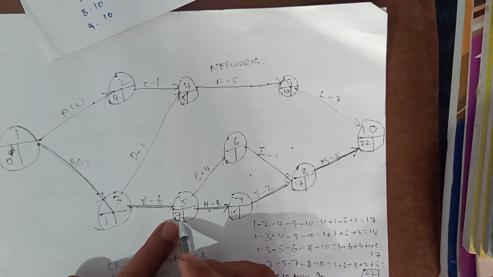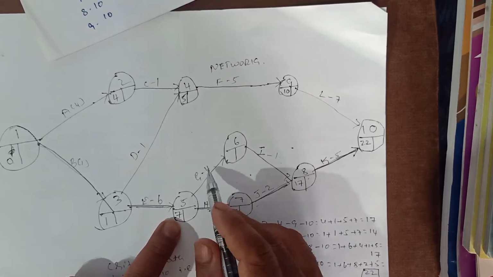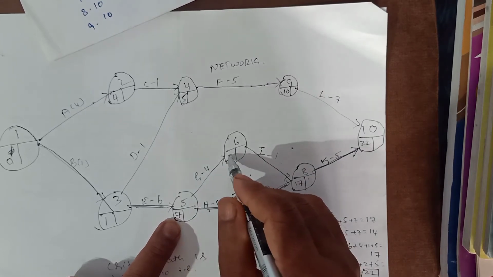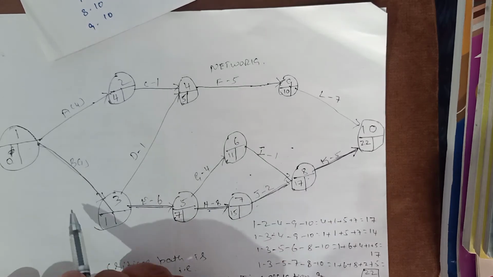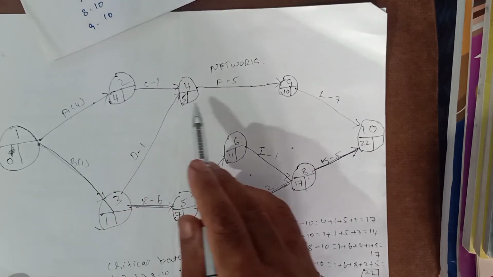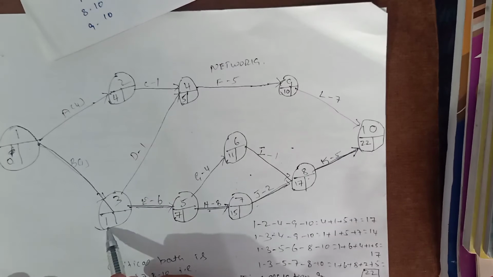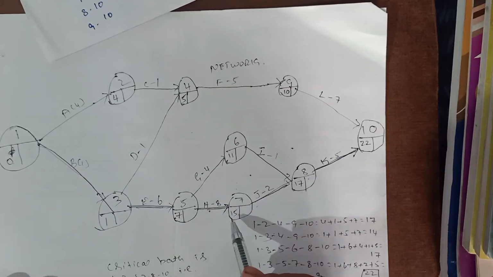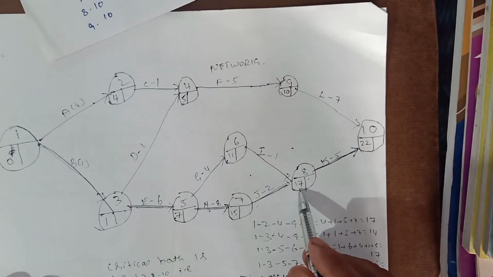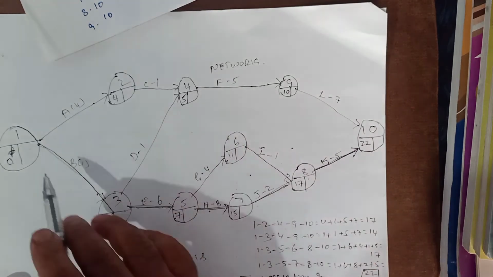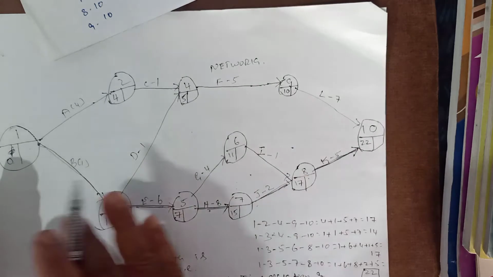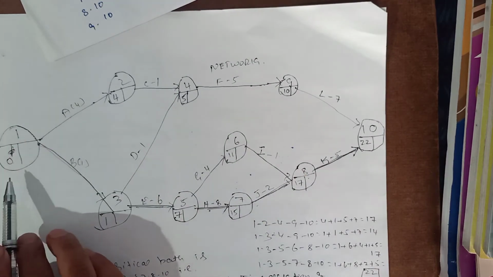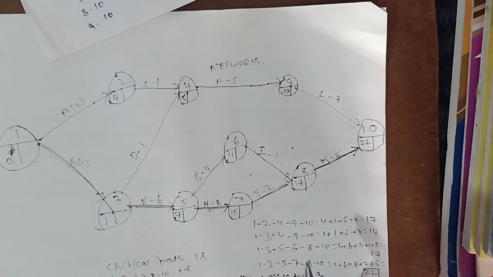Then what is left? This is left here. The earliest start time of this activity is 7, and the activity duration of this is 4. 7 plus 4 is 11. So the earliest start times of the activities are 0, 4, 5, 10, 22, 1, 7, 11, 7, 15 and 17. This is the earliest start time of the activities. This you will call the forward pass. That means we go from the left hand side to the right hand side.